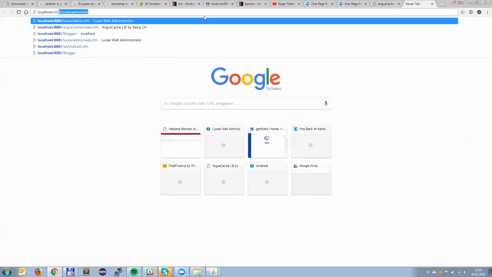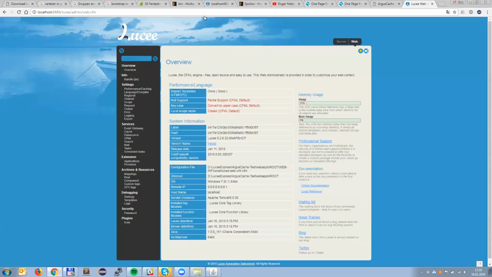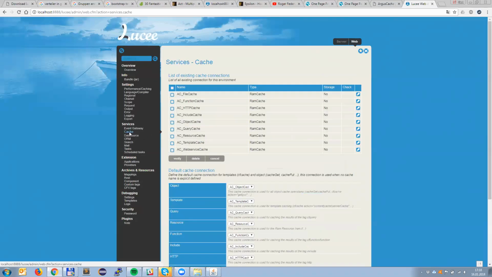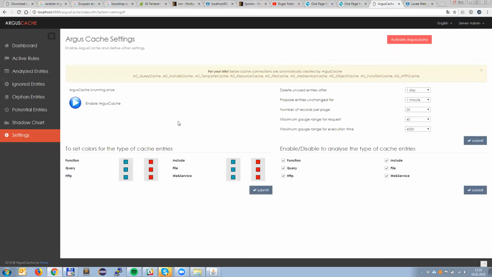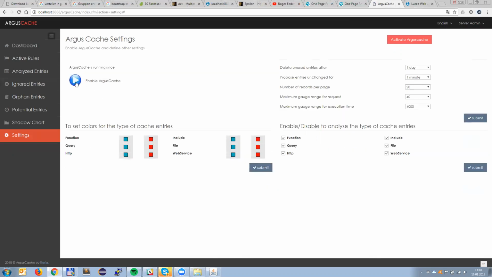localhost 8888/LuceeAdmin. And under cache, you will see that all these caches have been created for you by default. They are necessary for ArgusCache to function properly. Okay, good. Now, the first thing that you need to do is enable ArgusCache and enable the